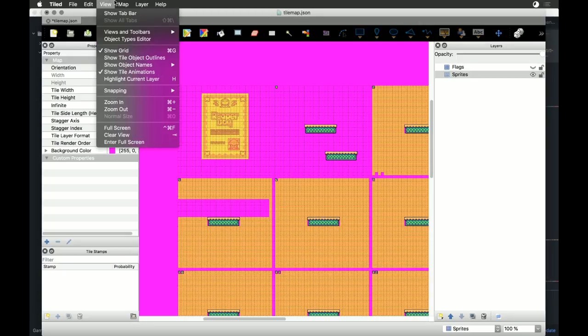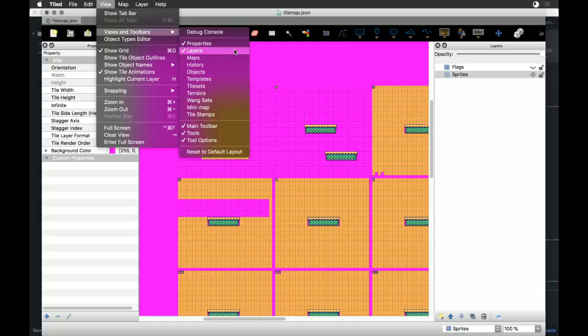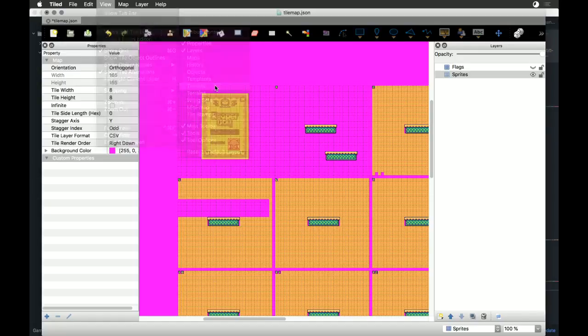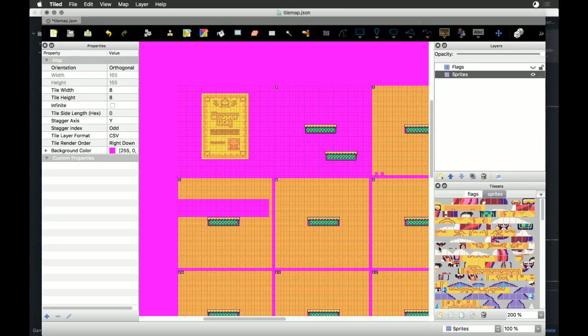I don't want tile. I don't want that. I want tile sets. Okay, finally, we're back in business. All right, what we need to do is